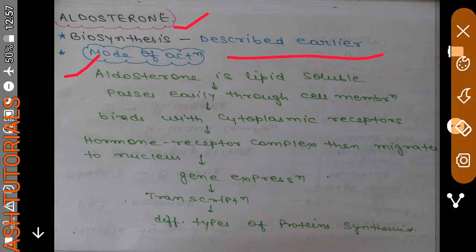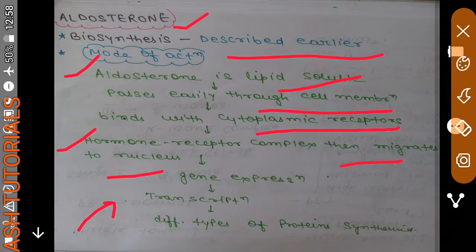As aldosterone is a lipid soluble hormone, it has receptors present in the cytoplasm, and it can easily cross the cell membrane. So it crosses the cell membrane and binds to the receptors present in the cytoplasm. After binding, it forms a hormone receptor complex, which then migrates to the nucleus. After going to the nucleus, it causes certain gene expression by binding to